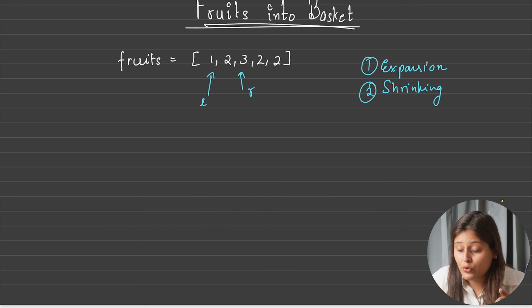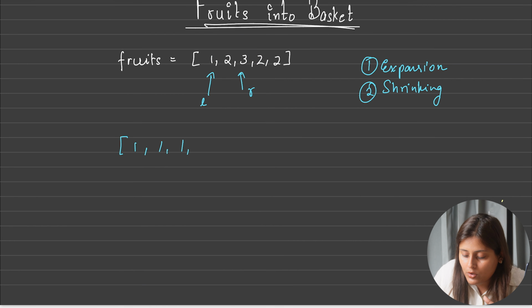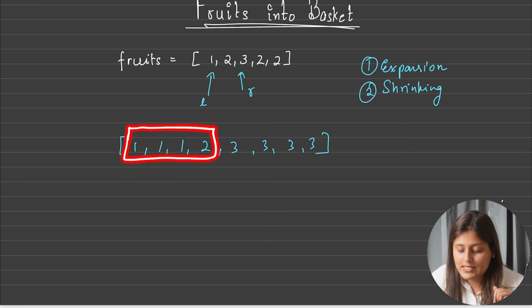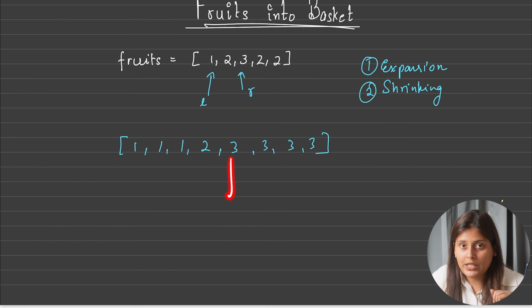So earlier in the brute force approach, after stopping, we moved our left pointer just ahead and started counting from that point only. Here too it will work, but let's take an example: 1 1 1 2 3 3 3 3. Suppose this is what you have considered as the first window, correct? Now once you encounter 3, you know that you have to leave this, but what to leave, 1 or 2?